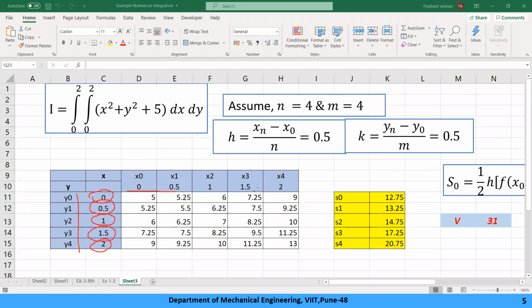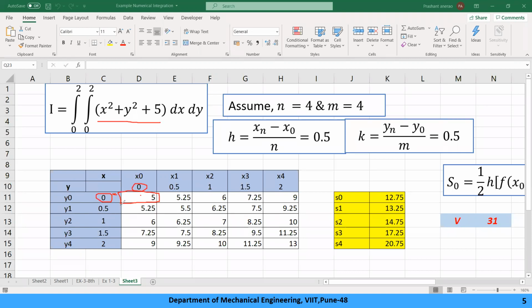So you calculated various values of x and various values of y. Now our target is to fill this table. How will you do it? Look at this first part. How do we calculate this data? Here x0 is 0, y0 is 0. Put this x0 and y0 in the function.